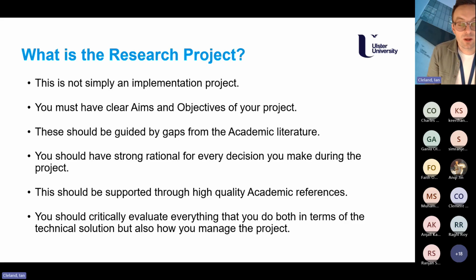Or you might be reading quite a lot of literature to understand what's the current state of the art. What sort of techniques have people tried to apply to address your problem? What are the shortcomings in those approaches? And then from that you build your aims and objectives.